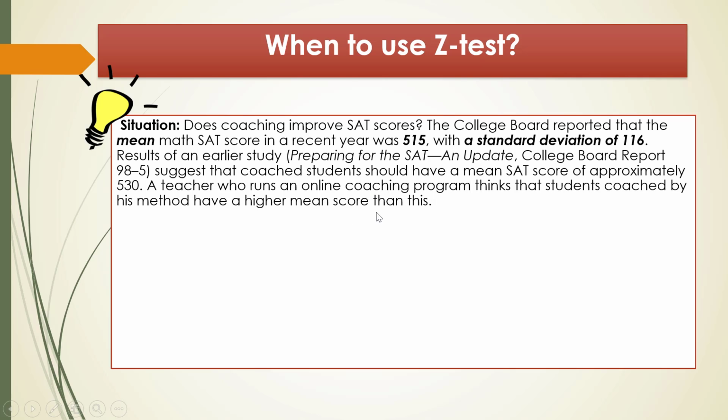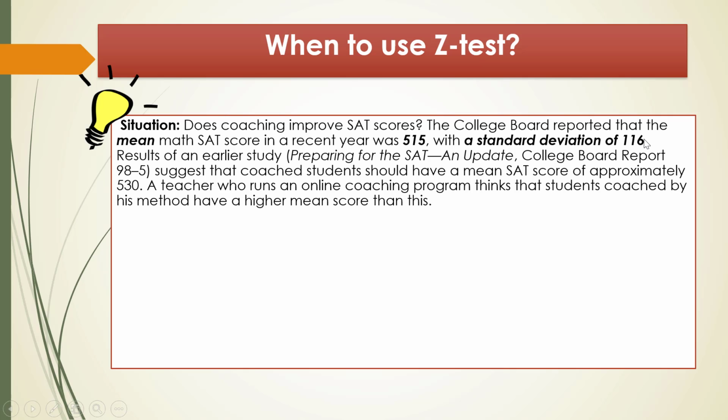And here the parameter is the mean, the population mean. So the z-test is one of the methods to test the parameter. Here in this case, the parameter we are interested in is the population mean when we know the standard deviation,